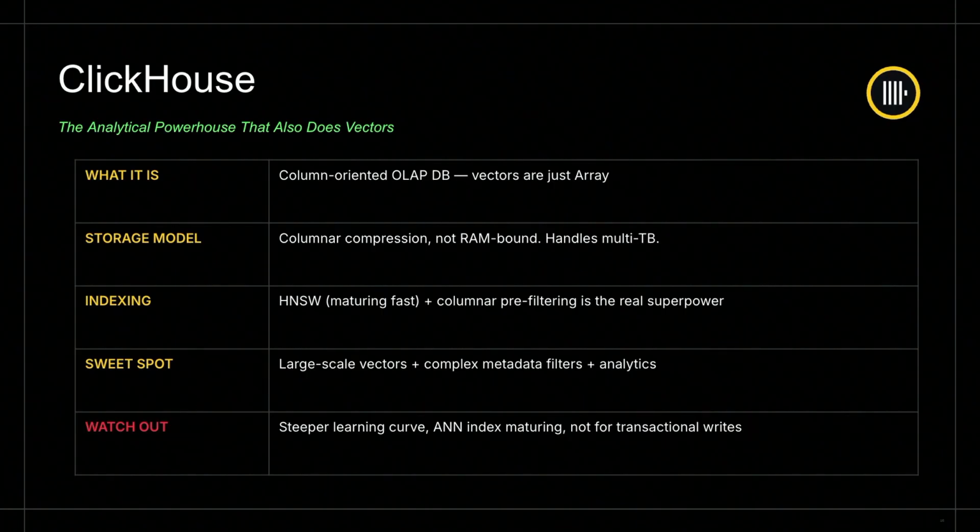What makes ClickHouse unique and good for vector search is that it handles filters differently compared to other engines. It does pre-filtering. Before doing the vector or similarity search, it applies the filters that you gave in the query. So if you have some rare conditions, it will apply those conditions first before doing the similarity search.